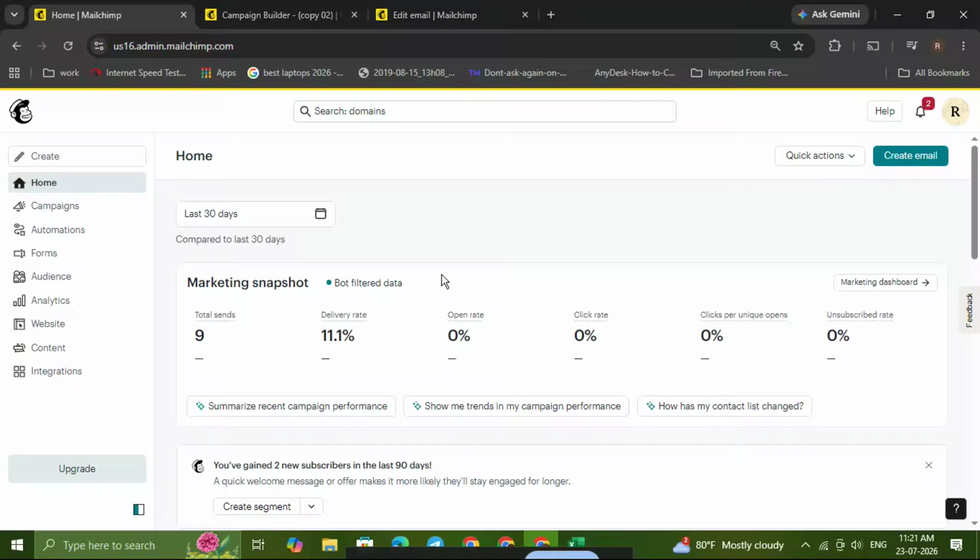If you want to authenticate a domain in MailChimp, I'm going to walk you through the process step by step in a simple way so you can get it done quickly and correctly. This is important if you want better email deliverability, a more professional setup, and a smoother connection between your MailChimp